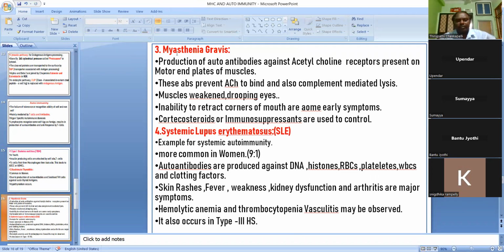And this is very, very important. It is asked in many exams. It was asked in many exams. You should remember this. Okay, so what happens here? Myasthenia gravis. Recently, we attended an exam, so in that also, this question was asked.